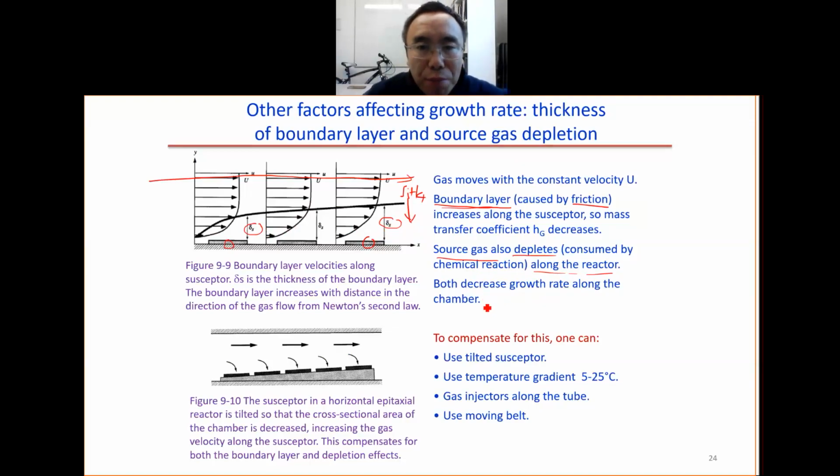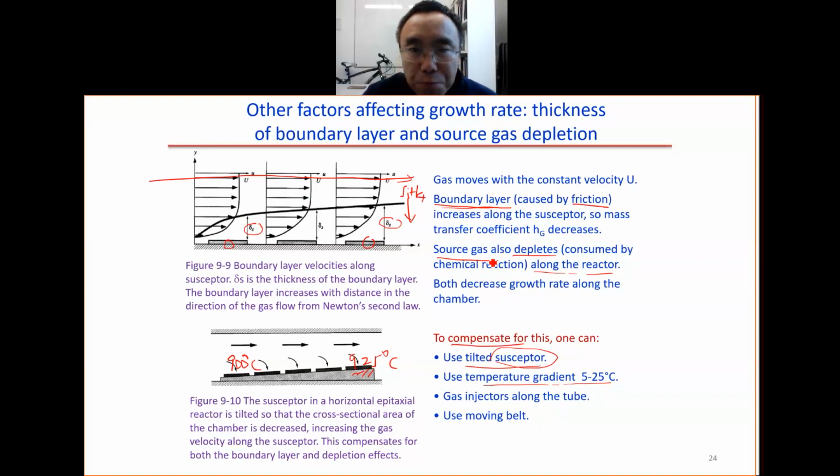To solve this problem, there are 4 ways to do this. First, use a tilted susceptor. Susceptor means this part, so we tilt it. This way we get more flow here than the flow here. Second, we can use a temperature gradient. For example, here we use 900 degrees, here we use 925 degrees to compensate